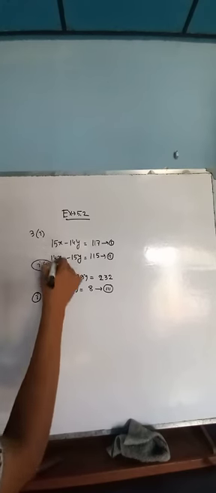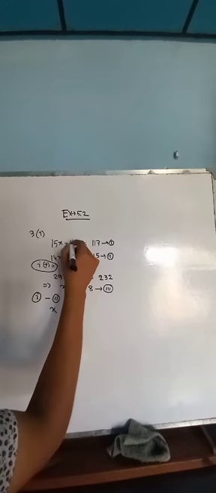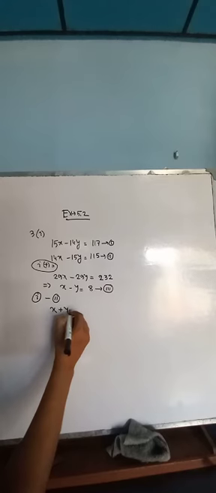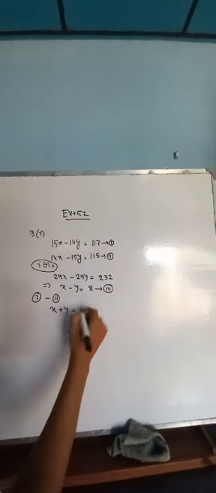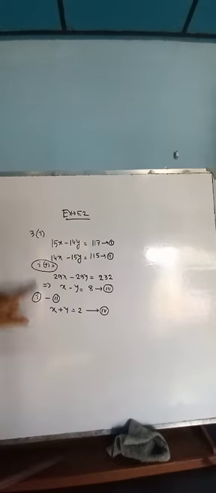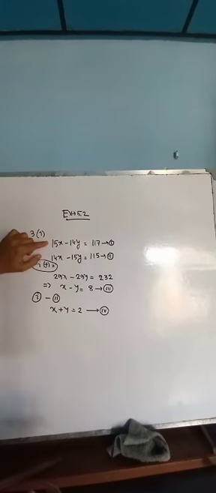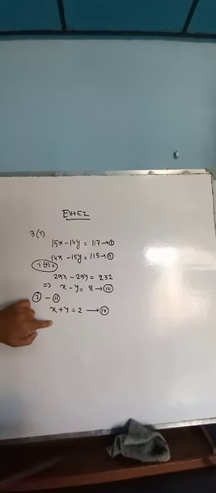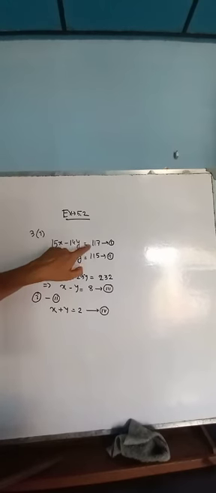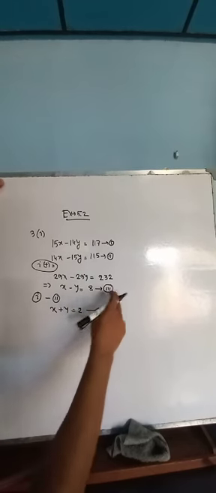Now 15x minus 14x, that is only x. 14y minus 15y, that will become plus. So that's why plus y is equal to, on this side, 117 minus 115, which becomes 2. Have you got this? If not, you can do the rough work on the side. 15x minus 14x is x, minus 14y, where the minus sign is. In case of minus you can do the plus. So 14y plus 15y, that is plus y, and 117 minus 115. Now you get equations 3 and 4.